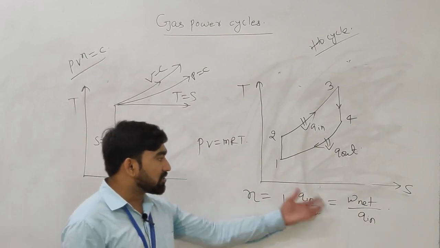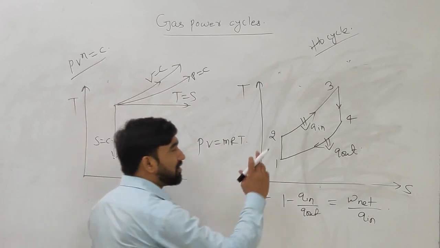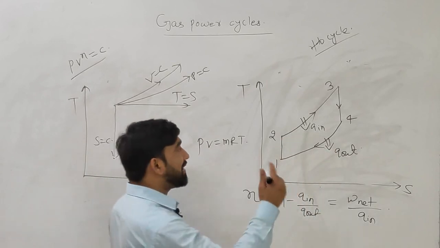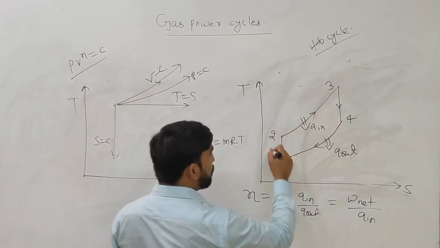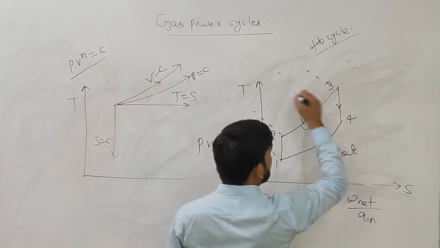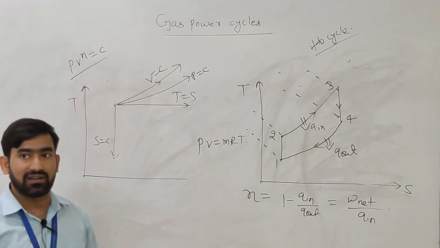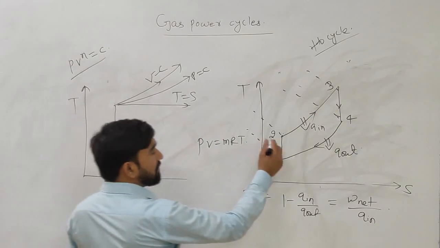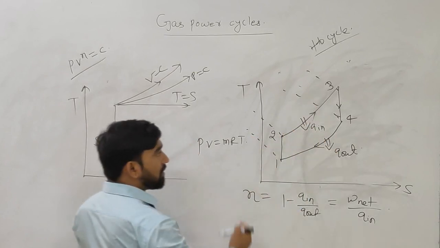So to discuss all those things, we will have a very clear cut view that we will draw an imaginary or hypothetical line between all 1 to 2, 2 to 3, 3 to 4 and 4 to 1 like this in the TS diagram. Why are we drawing such hypothetical lines? We will see the temperature at points 2, 1, 3, 4, to find out the